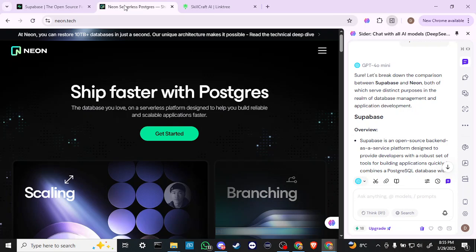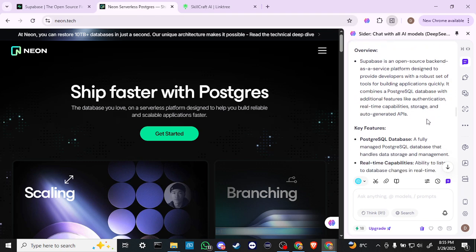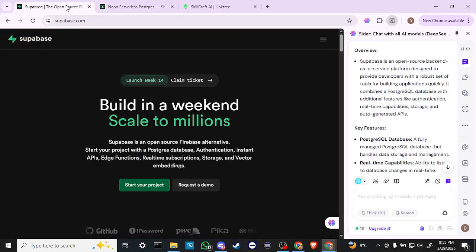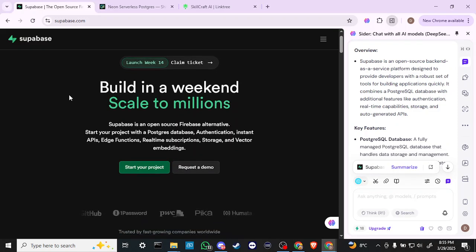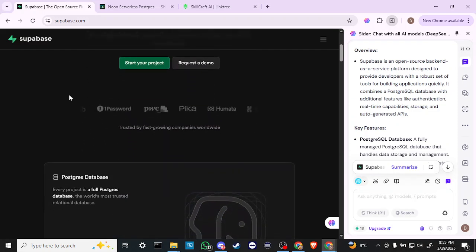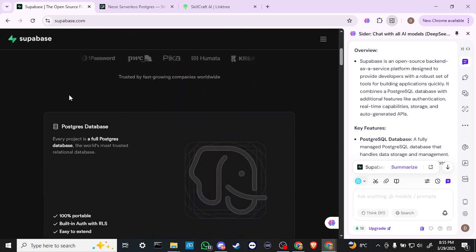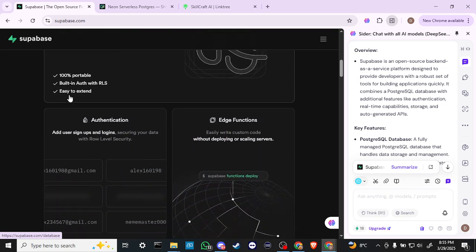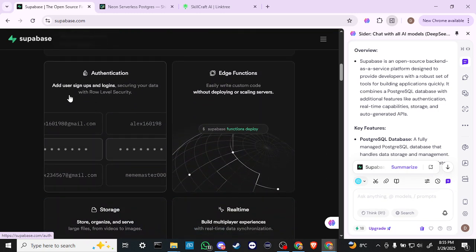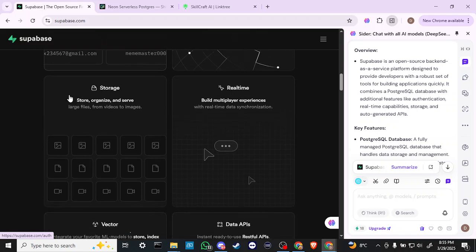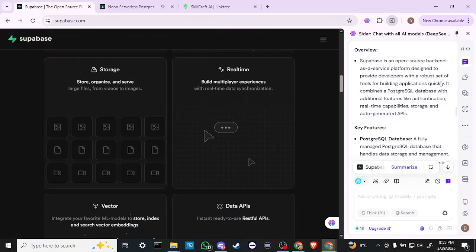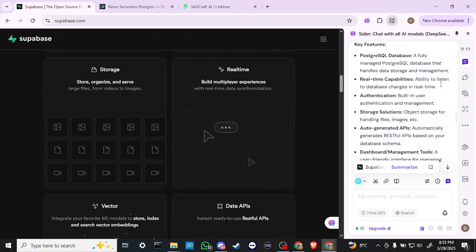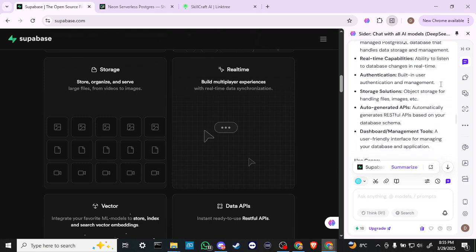Both Supabase and Neon serve distinct purposes in the realm of database management and application development. Supabase is an open source backend as a service platform designed to provide developers with a robust set of tools for building applications quickly. It combines a PostgreSQL database with additional features like authentication, real-time capabilities, storage, and auto-generated APIs. Its key features include a fully managed PostgreSQL database that handles data storage and management, has the ability